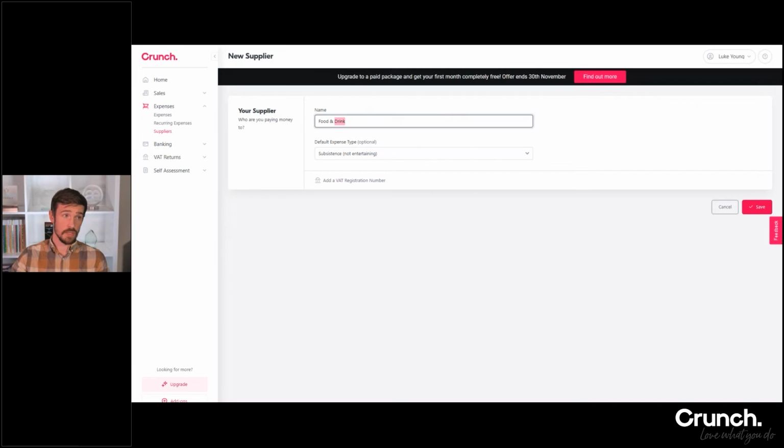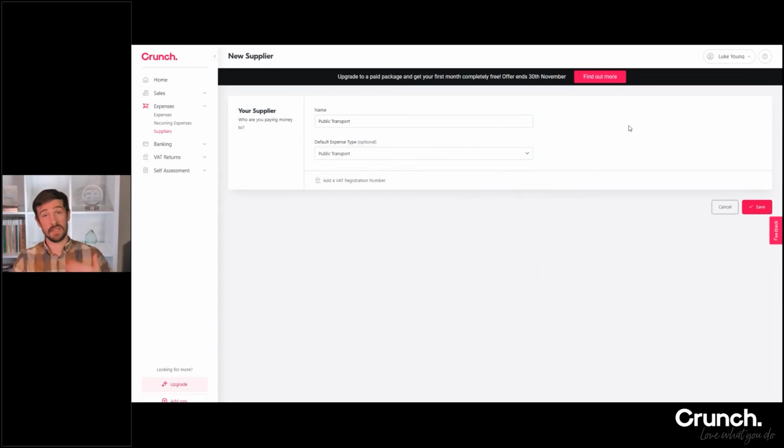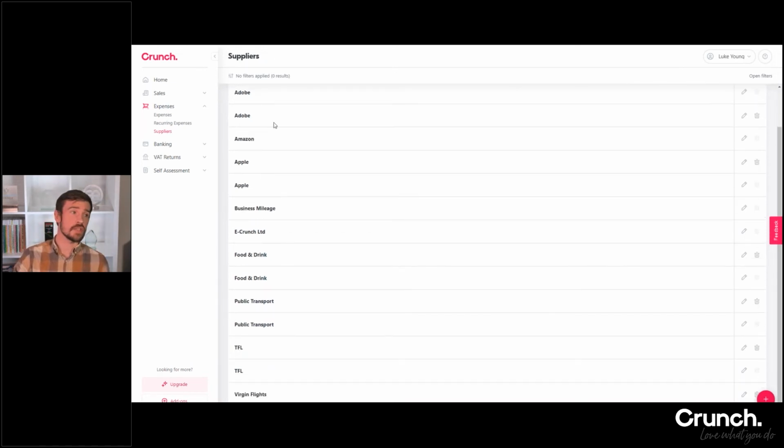So you could, in theory, just put public transport, pick the public transport option here. And then again, it doesn't matter where you've traveled or who you've traveled with, just put all of your public transport items down under this one supplier too. Okay, so I'll leave that as public transport for now. So public transport, we'll save that. Okay, and that's it. As you see, you can then start building a list of your suppliers to use to